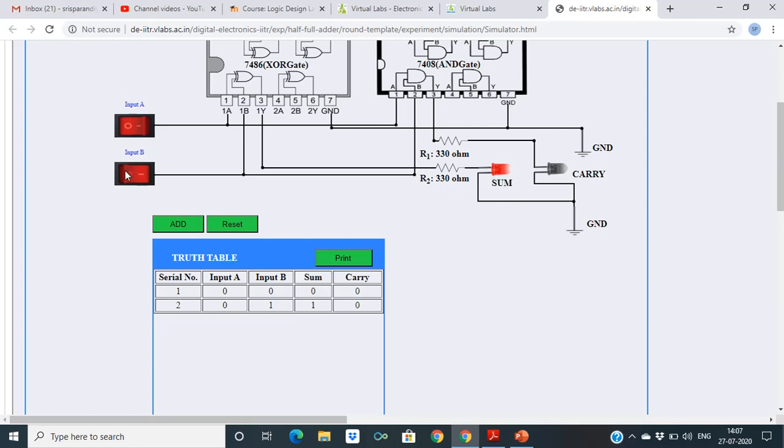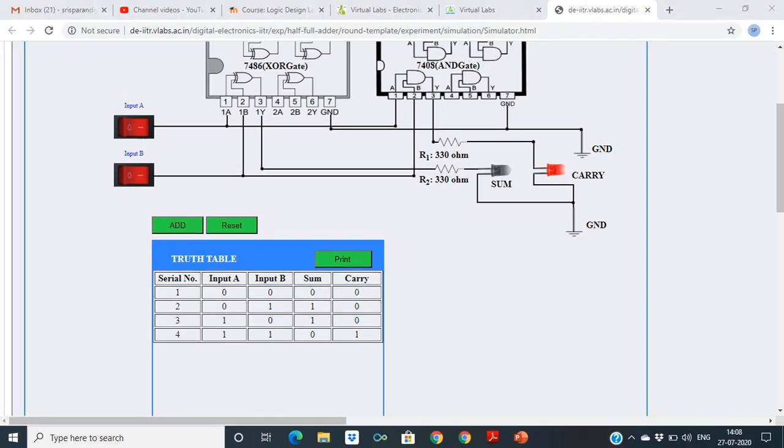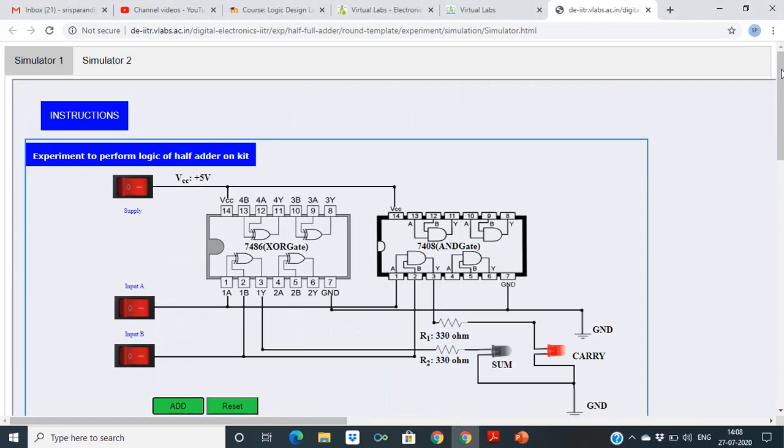Then 1 0 gives sum 1 carry 0. Then finally you will give 1 1, and you will get sum 0 carry 1. So this way you can perform on simulator 1.